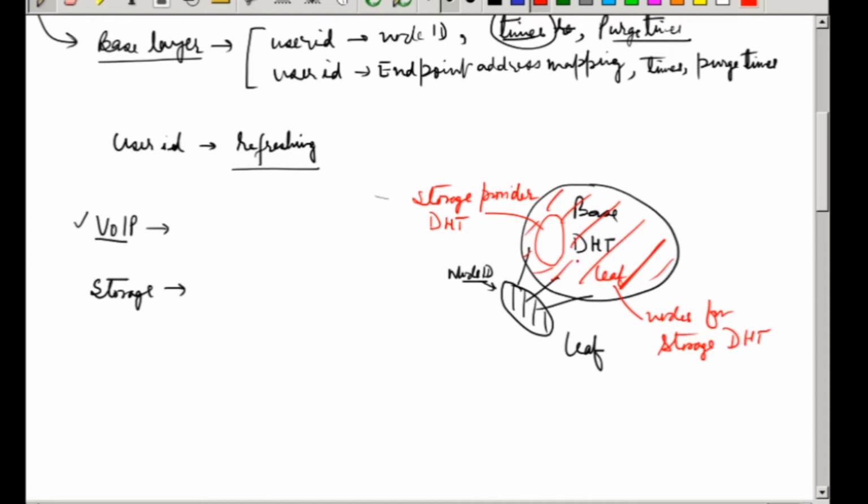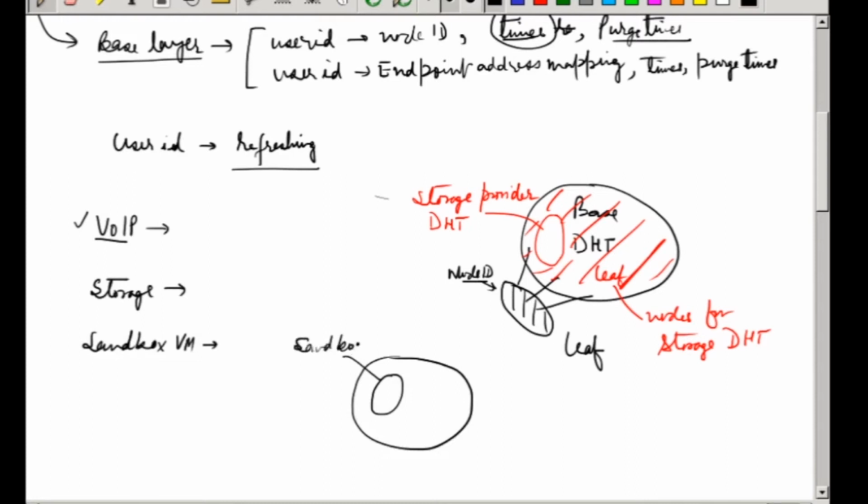In the same base layer, I can even have other services. For example, I can provide a sandbox virtual machine, so you can push in a compute job. So I have to draw a separate one; this is the base DHT, and some machines will be providing the sandbox VM service. Other nodes will simply be using the service provided by these. Even if a few nodes die, the load gets rebalanced depending on which node is going to be responsible. That's what we will do through mapping.